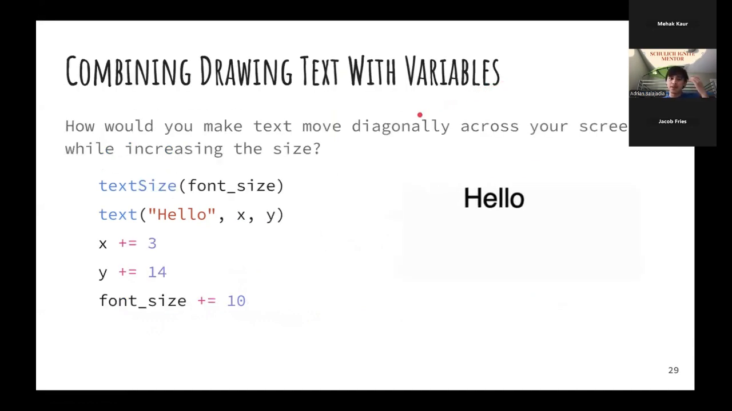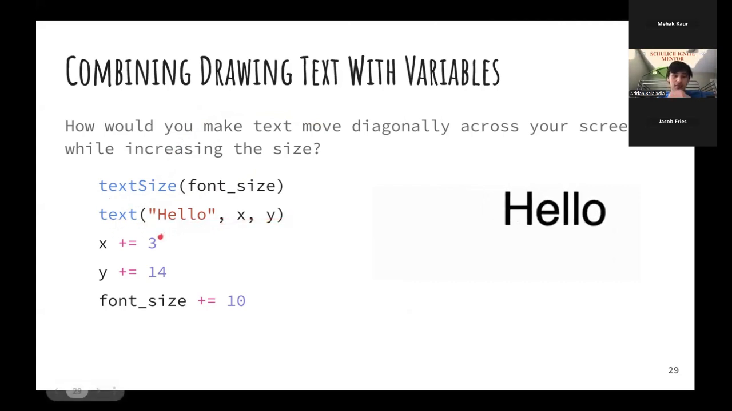And we could combine text with variables. So how would you make the text move diagonally across the screen while also increasing its size? You sort of apply the same logic as exercise number 2. So we could define our text size as some global variable, font size, and then